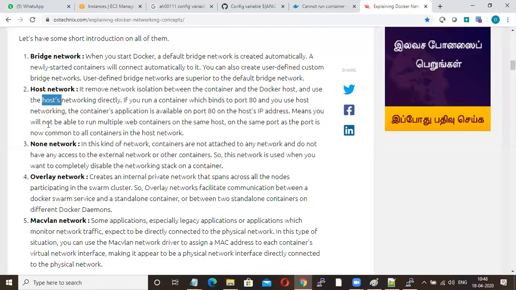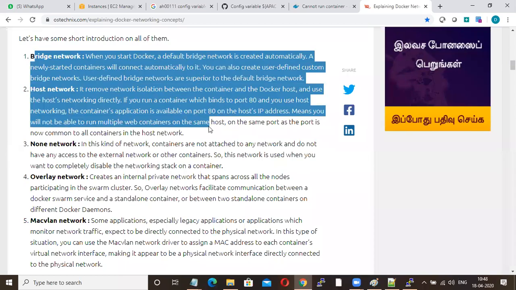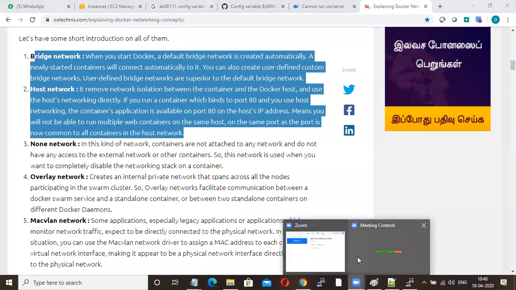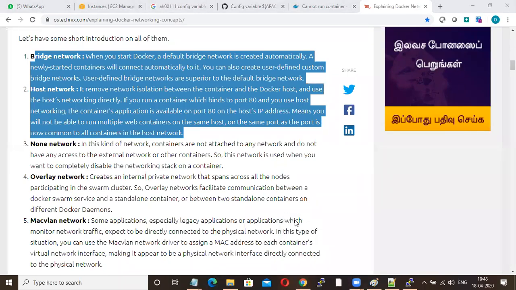Means you will not be able to run multiple web containers on the same host because your port 80 is already occupied. Understood or not? So they have given you detailed information. So everyone able to get the point?